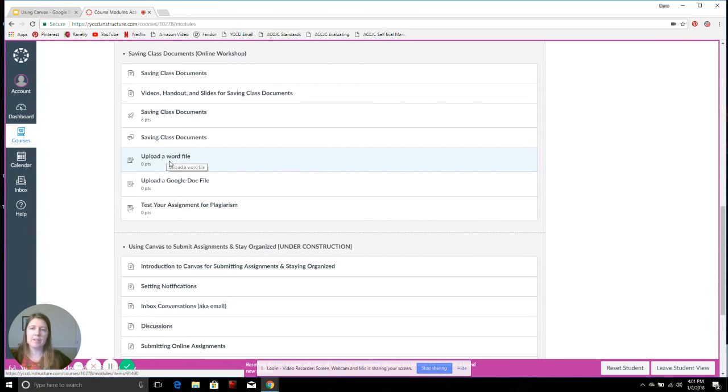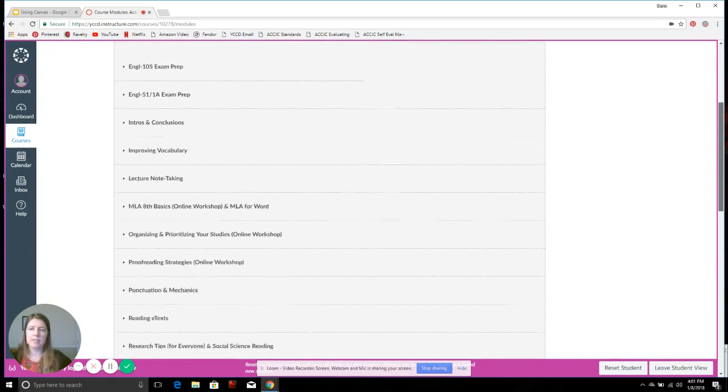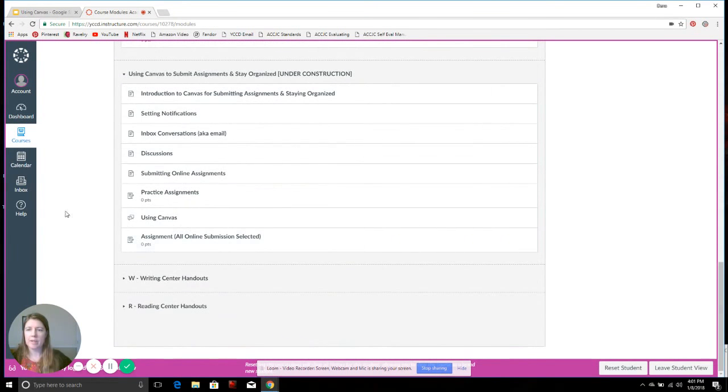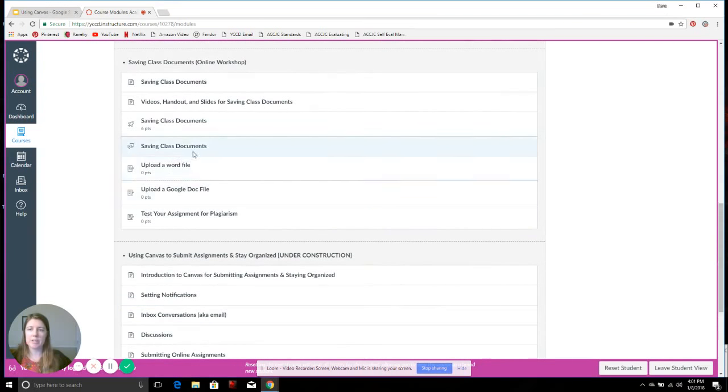So your teachers don't get these, but under saving class documents, there's a bunch of options for uploading different kinds of files. There's also one under avoiding plagiarism, and I'm going to add some more to the using Canvas module as well. Right now I have one listed, but it lists all the kinds of different file submissions. So I'm not going to show you that one just yet, but let me click on this one that says